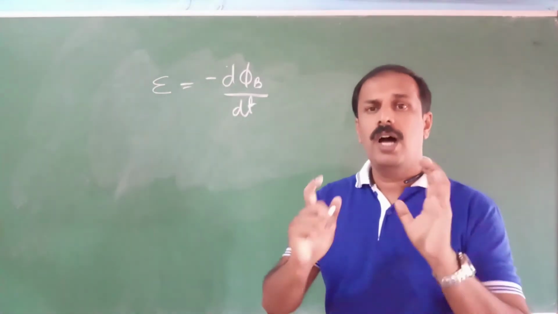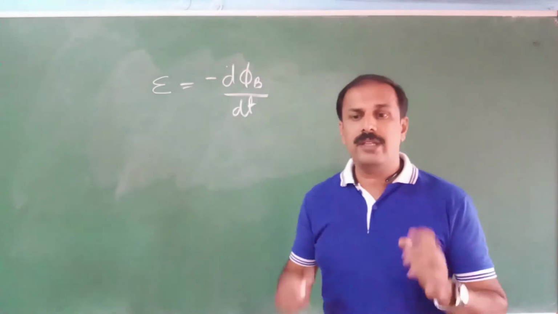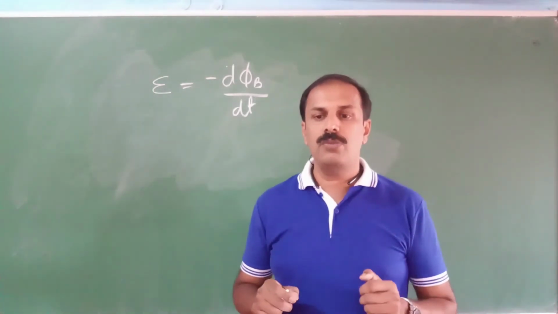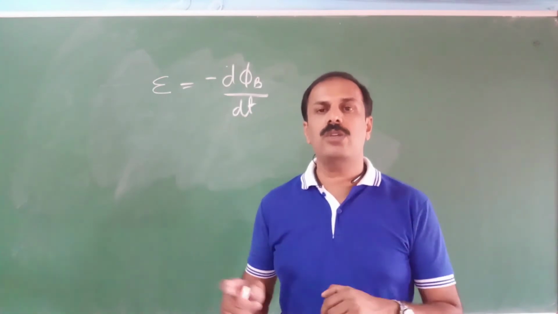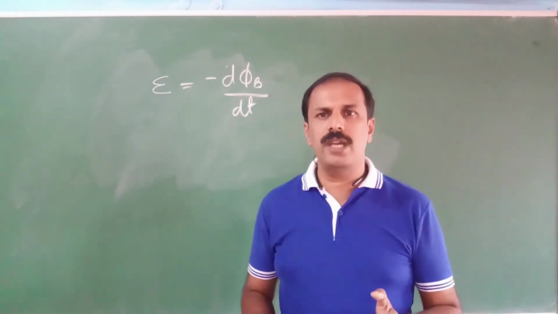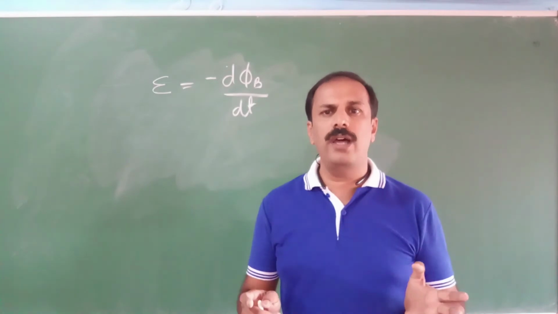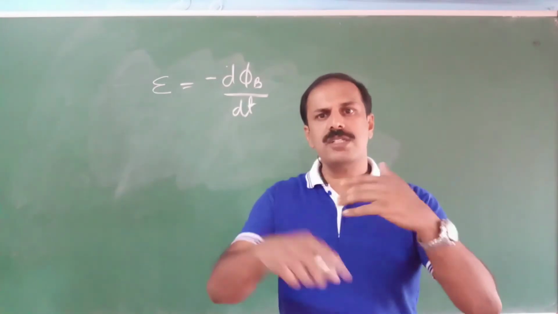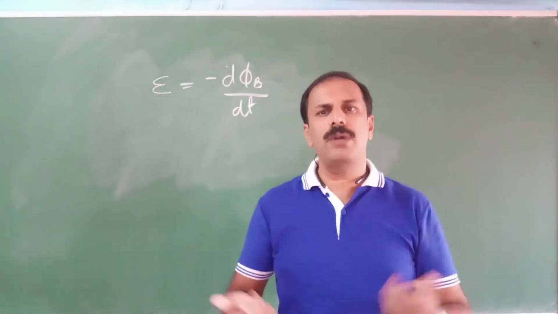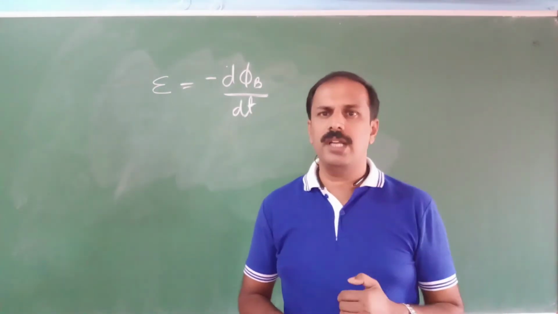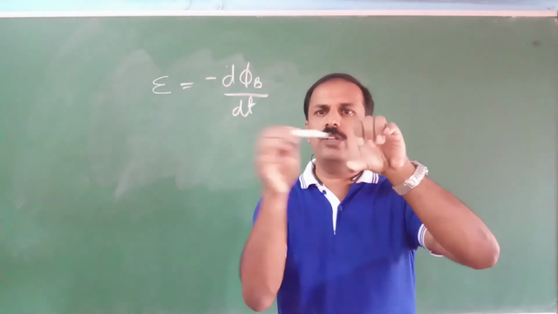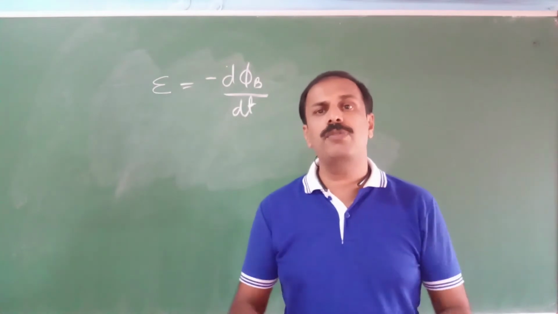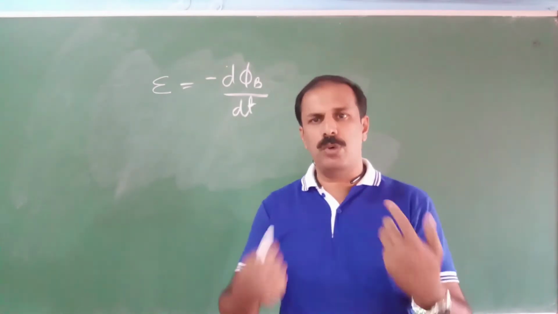So now our Faraday's law says that the magnitude of the induced EMF in a circuit is equal to the time rate of change of magnetic flux through the circuit. Or in simple words, the EMF is proportional to the rate of change of magnetic flux. So if something is moving faster, then the EMF will be more. In the case of a generator, if you have a coil and a magnet and you move it very fast, the rate of change will be more, so it will produce more EMF, meaning more current.